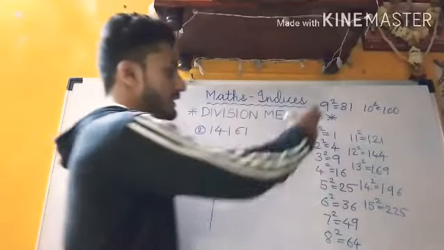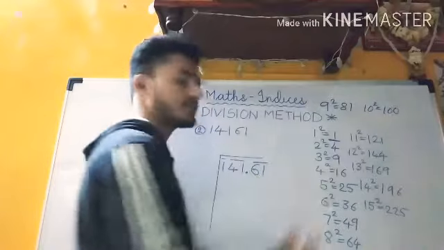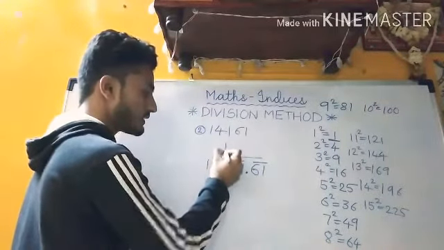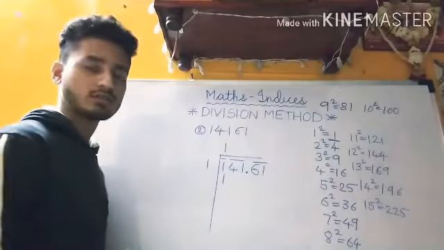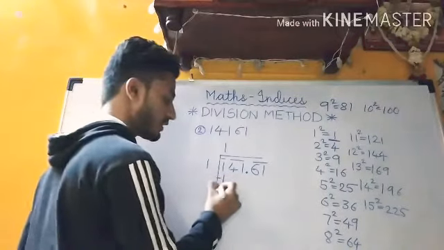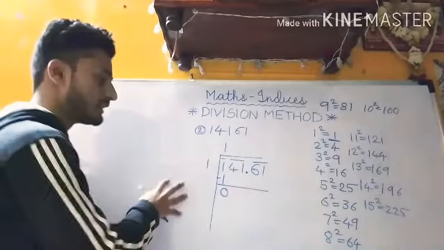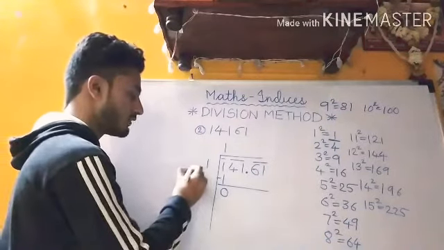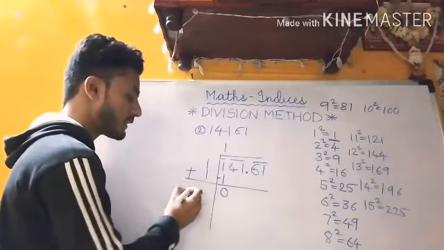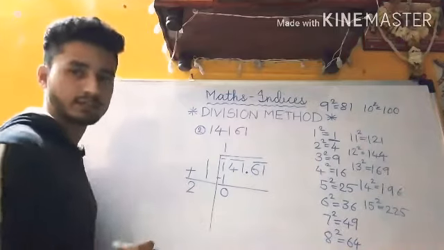So in the list, do we have 1 as an answer? Yes. 1 square is 1. So I will write here 1 1 is 1. Since this part is for subtraction, we will subtract. 1 minus 1 is 0. And here we do the addition of the number at the units place. So I'll add 1 only, but I'll write 2 here. I'll write the answer here and leave some space for the next number.